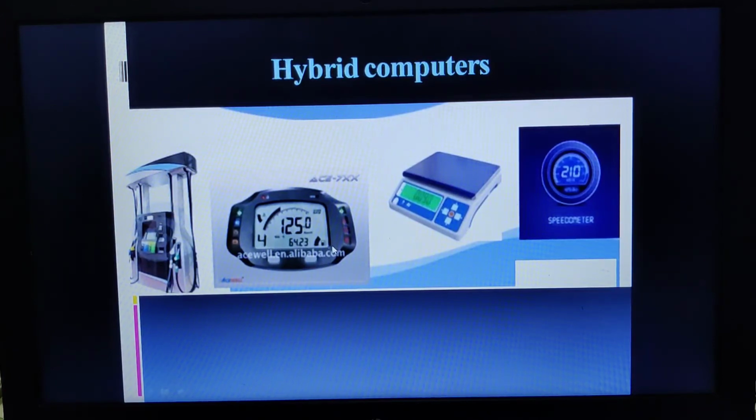Like your digital watch, it measures your heartbeat, right? The heartbeat you have is in terms of analog signals, but your heartbeat rate is detected by your digital watch. And how is the data shown on your digital watch? In the form of numbers, right? Not in the form of analog signals.